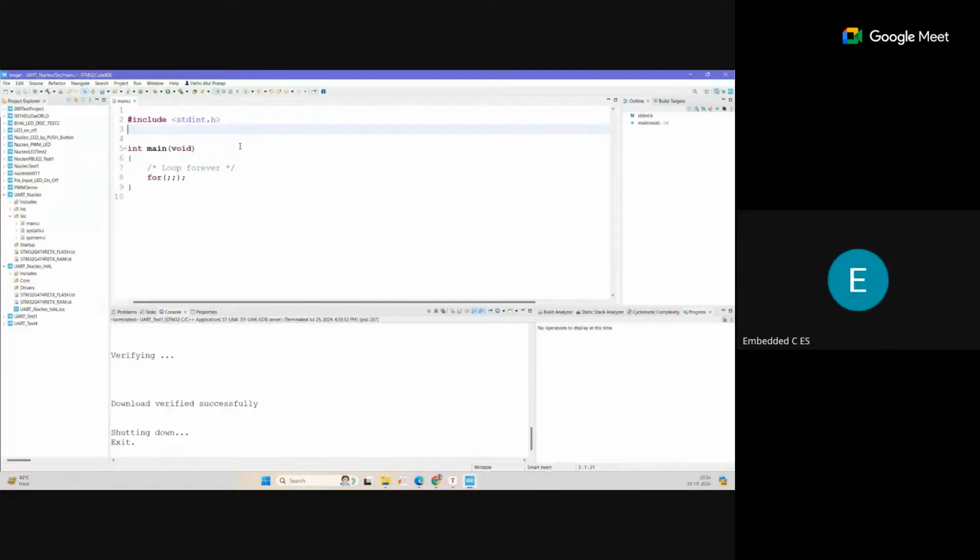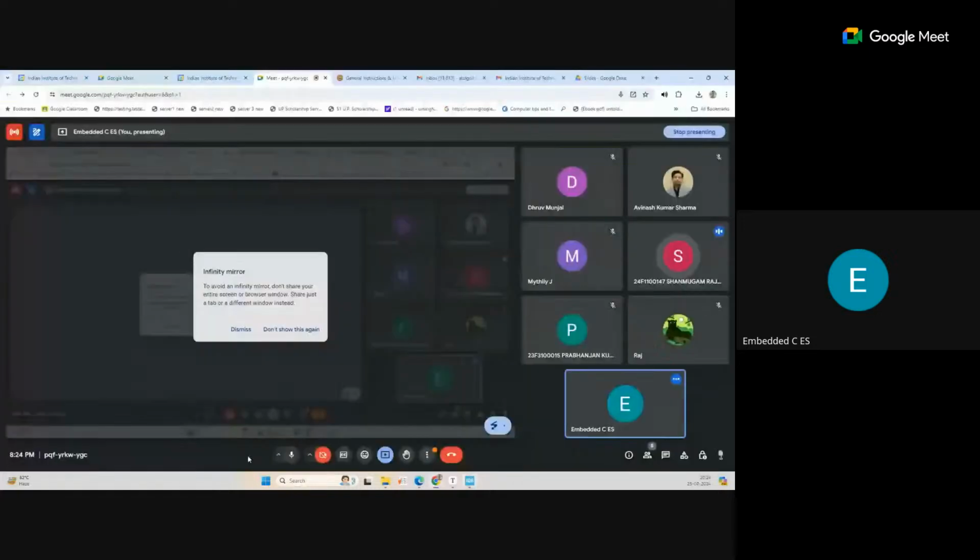RCC means actually our microcontroller board, where